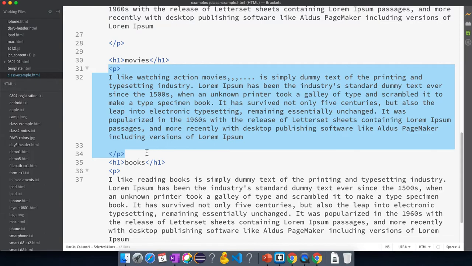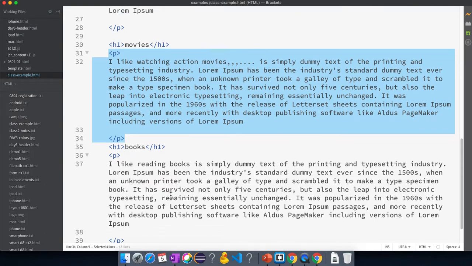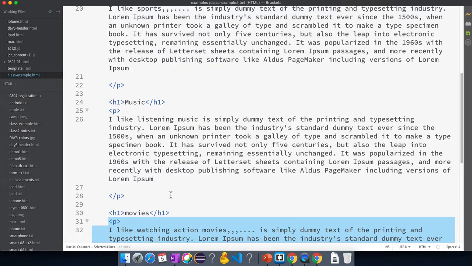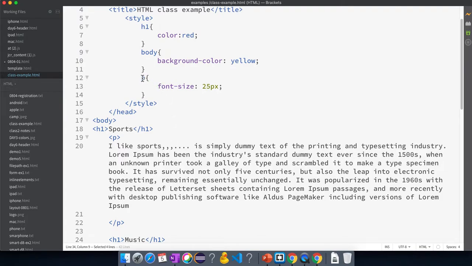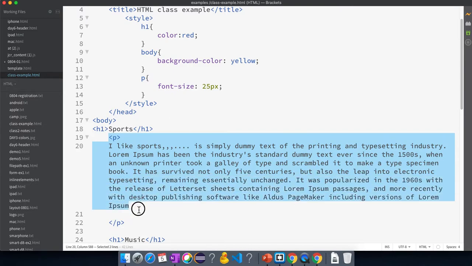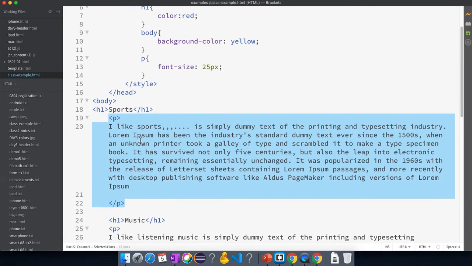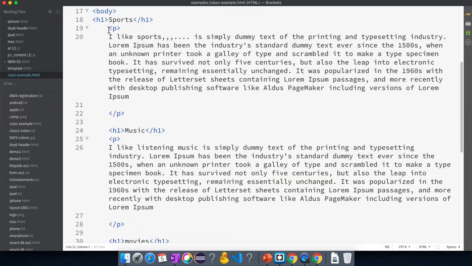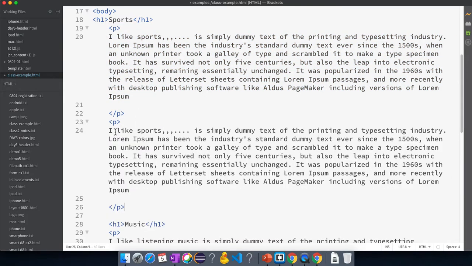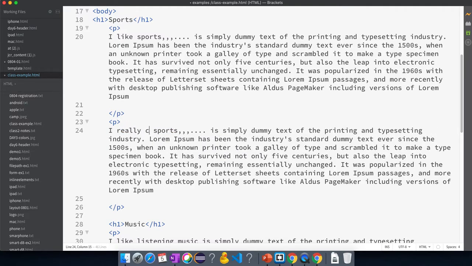Now what we are going to do, we want to apply some styles for the paragraph. There are different paragraphs in the page, right? Now I want to apply some styles related to sports. Maybe there are 2 paragraphs related to sports. One is this, and there is also 'I really like cricket' as a sport.